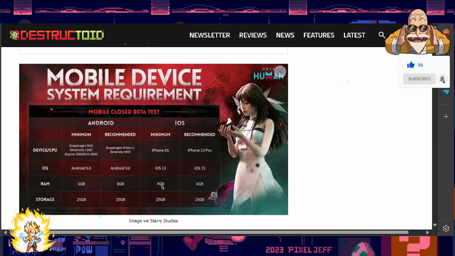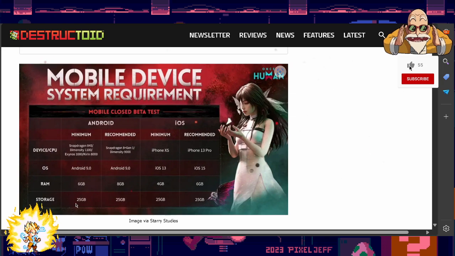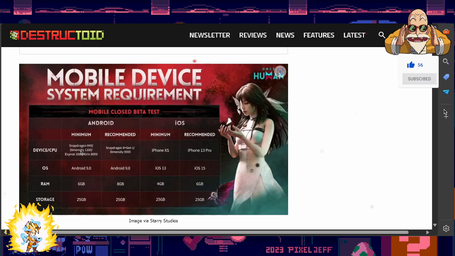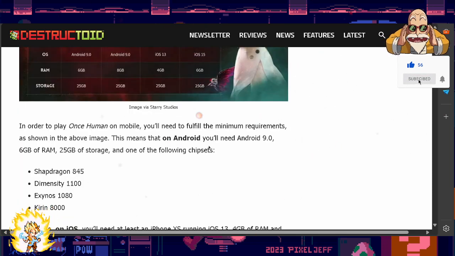Also for iOS, 4 GB RAM and 6 GB RAM. And storage is for Android devices 25 GB. Also for iOS 25 GB. And devices CPU you need Snapdragon or Snapdragon 8 Gen 1 Dimensity 9000. So these are the requirement of